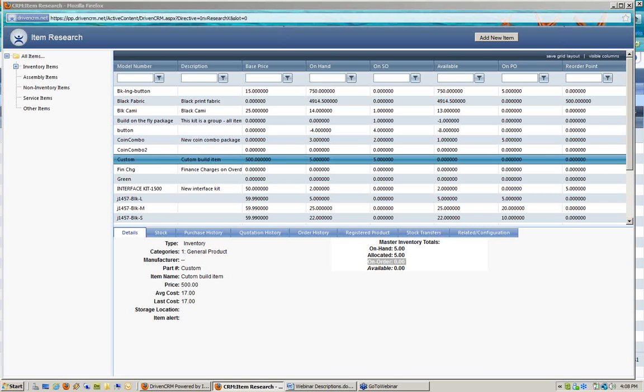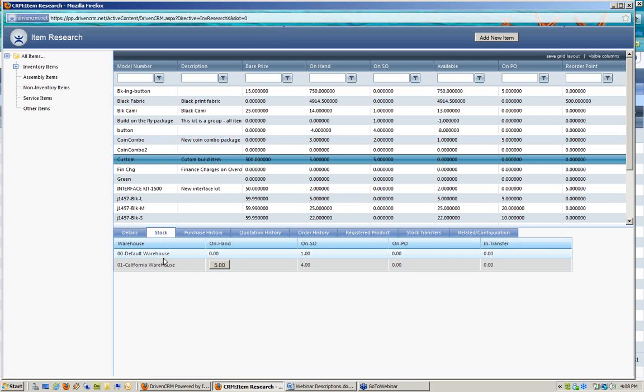So all of that information is accessible directly right here on the main inventory research screen. There are some other tabs across the bottom here that show you additional information, the first of those being the stock tab. Now, in my setup in my Driven, I have defined additional warehouses where product can be stored or made available for sale and receipt. And I can see here that I have 5 sitting in the California warehouse,